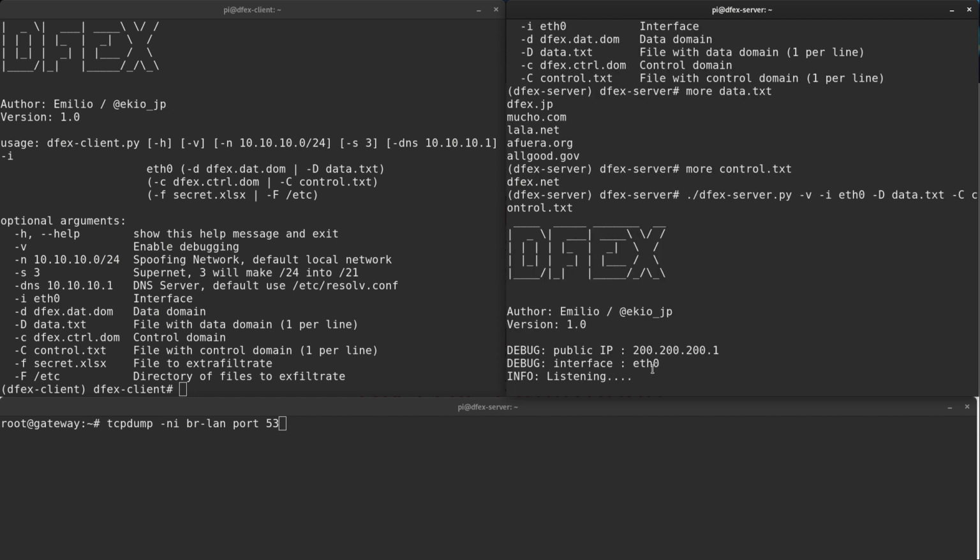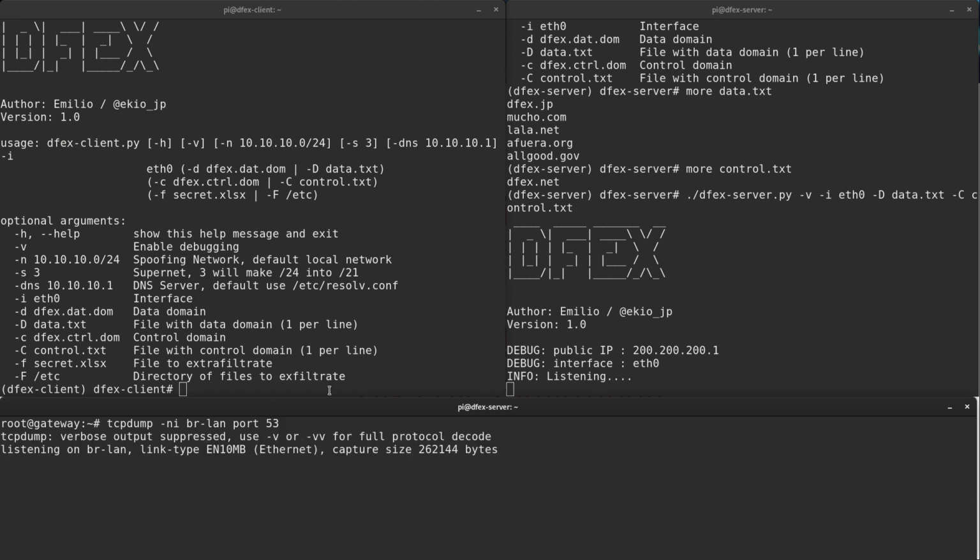Okay, perfect, it's listening. So at the same time, I'm going to bring up the tcpdump to capture the packets on the internal DNS server. And I'm going to bring up the client, verbose, specify an interface. You can specify the networks and how big you want that network, /24, 22, 21, 18, whatever. This is designed for spoofing.